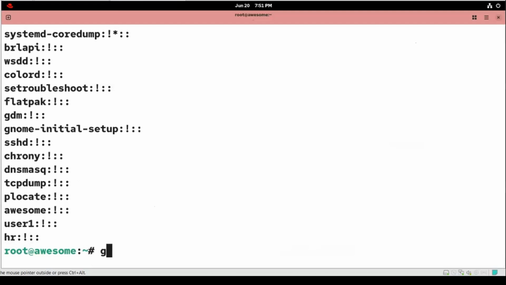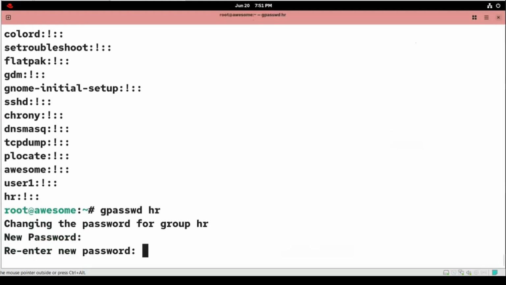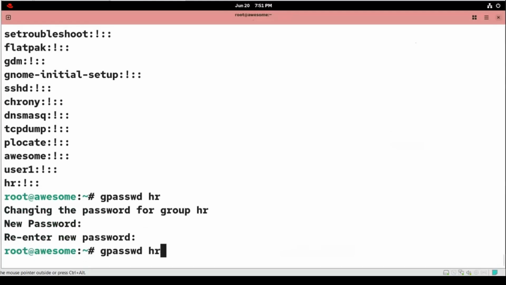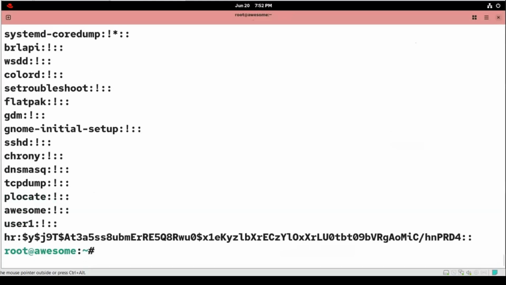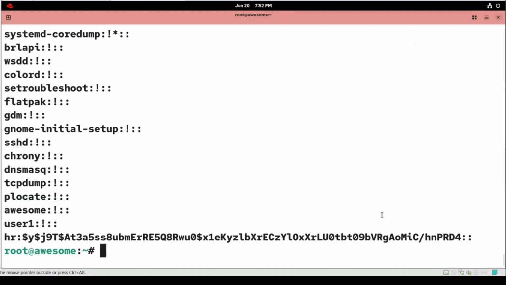If you want to set it, we can use passwd, and on HR I'm setting the password red hat and red hat. Now if I check, you can see this is the password, right? We have password information now. So this is how you can set the password on a group also. After it, now the next